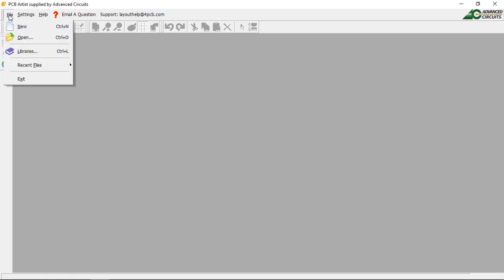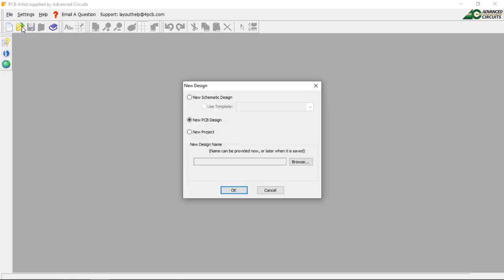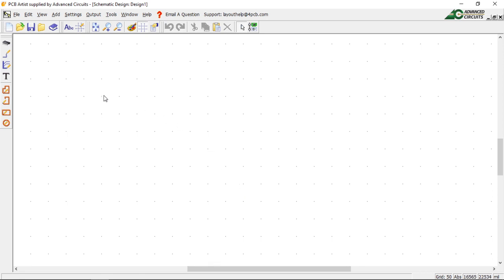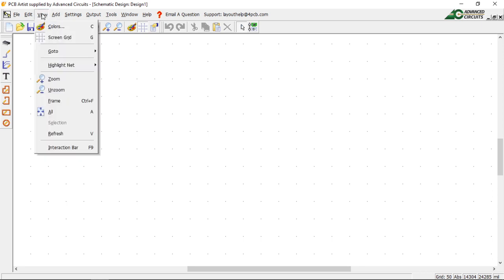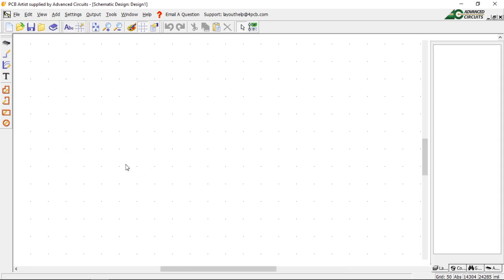So let's go to File, New, and let's go to New Schematic, and let's open it. Okay, and let's add a component. Save view. Okay, let's put up that interaction bar. That's the bar over here. Okay, because that makes things a lot easier to use sometimes. So what we're going to do is we want to